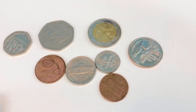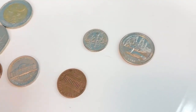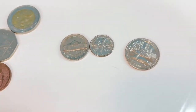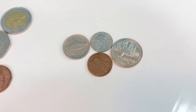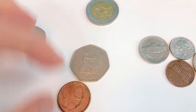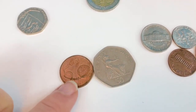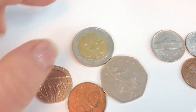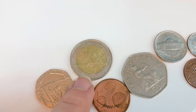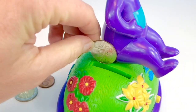I've got some European coins, and there is a quarter, American quarter, and a dime, which is 10 cents, a nickel, which is 5 cents, and a penny, which is 1 cent. And then let's see, we've got a 50 pence and a 5 cent. There is a 20 pence and 2 euros. And this is when we went on our Europe trip. Remember, tiny fans? Let's put our 25 cents in